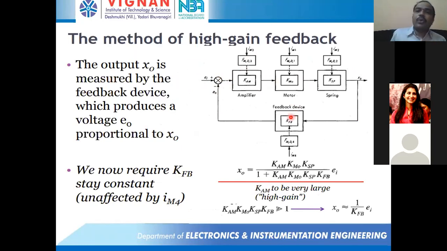So actually, what is high gain feedback? The equation is not important for this case. You just require some theoretical concepts. Everything about high gain feedback you will discuss in your signals and systems subject or control systems subject. Mathematical equations are not needed. Just by increasing the gain of the feedback, we can reduce the effect of unwanted inputs, that is, interfering inputs. That is enough. Okay.